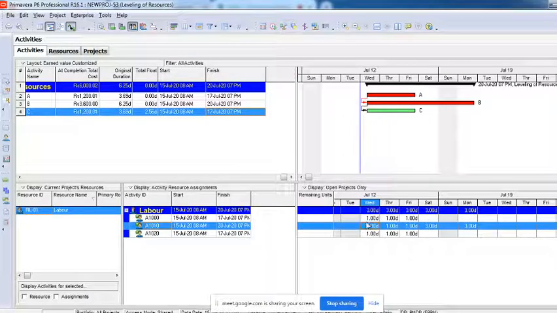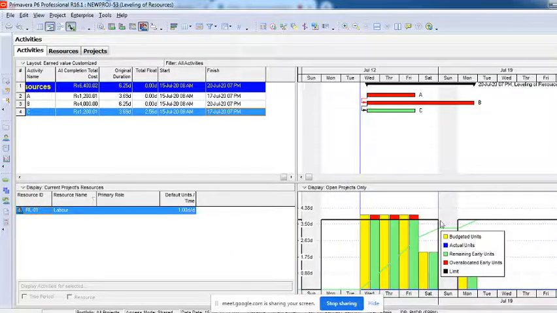But if I say I need 2 human resources per day on these dates, and then again I show you this graph, you can see there is an over allocation coming up. Do you understand? It's very simple.